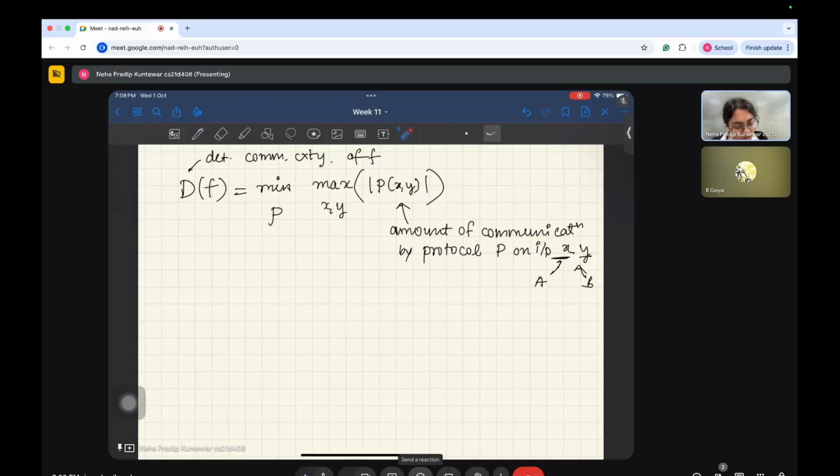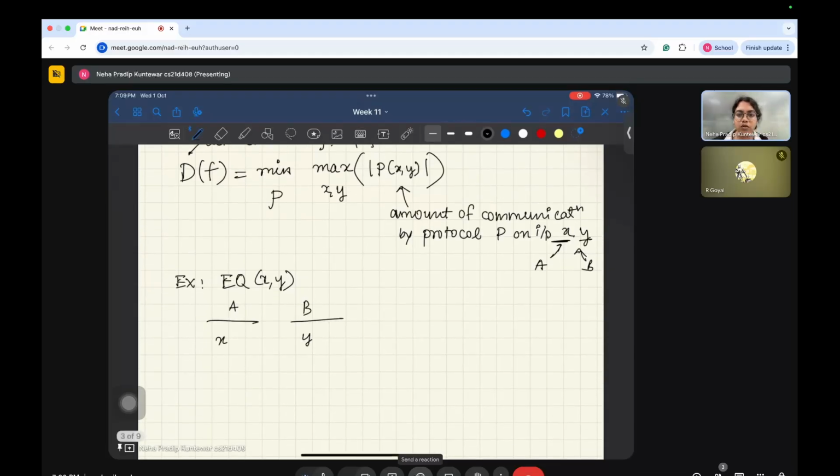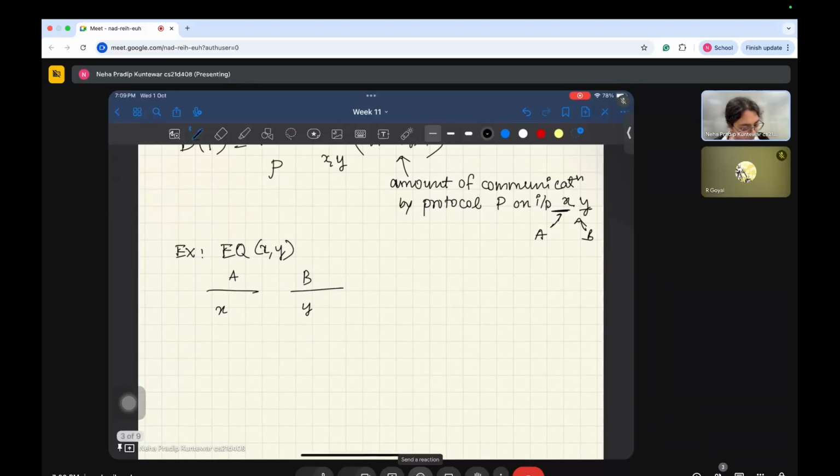Okay, so let's take an example. Let's say the example is our equality function of x, y. Alice has one n-bit string and Bob has one n-bit string. You want to check whether they are equal. Now, what is one possible protocol? Let's say that Alice sends the parity